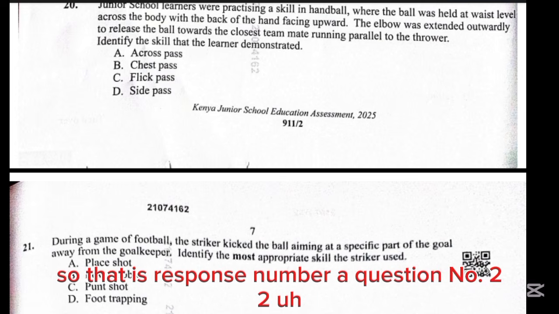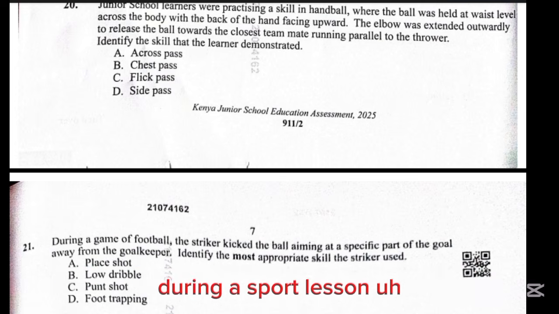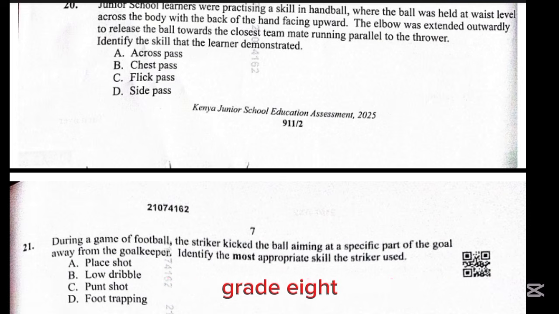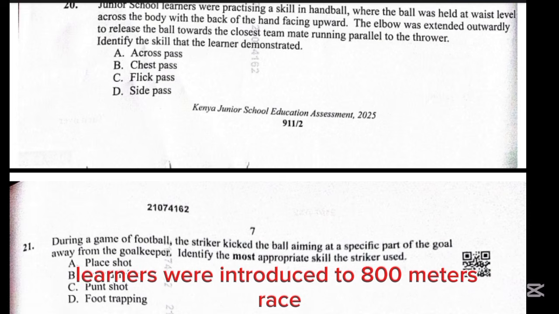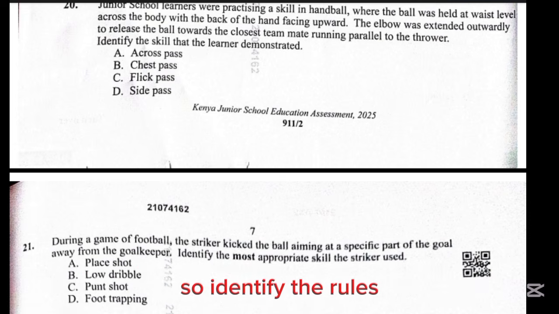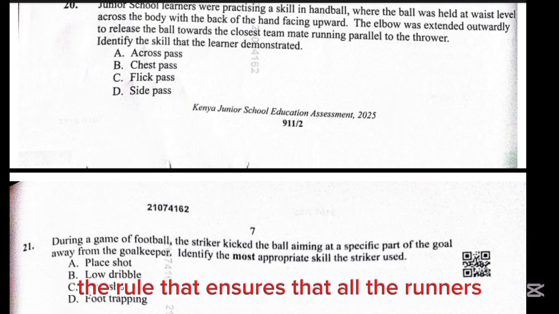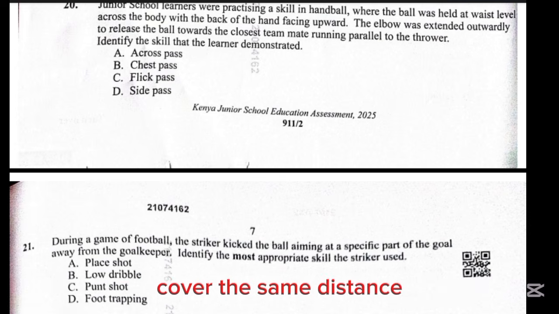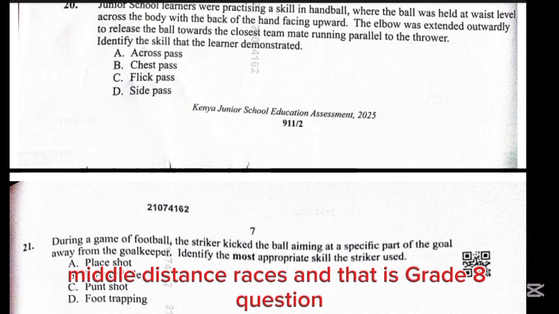Question number 22. During a sport lesson, grade 8 learners were introduced to the 800 meters race. Identify the rule that ensures that all the learners cover the same distance. So here we are talking about middle distance races, and that is a grade 8 question,